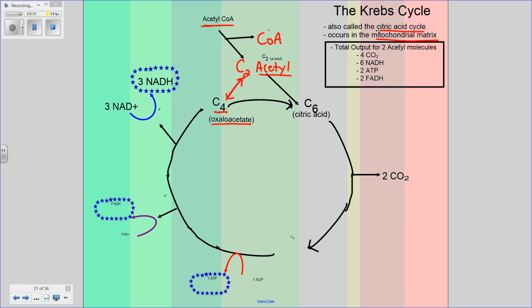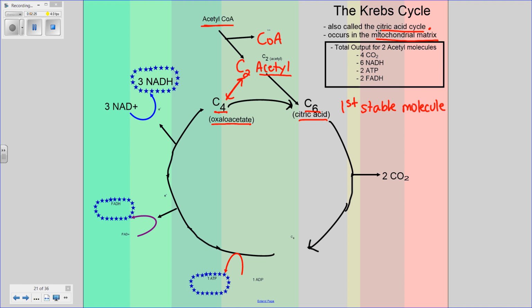Do a little math here. 4 carbons plus 2 carbons. That means we're going to end up with a molecule that has 6 carbons. It's called citric acid, and that's why sometimes it's called the citric acid cycle. Now, ladies and gentlemen, citric acid is the stable molecule of this process, which is why it's named that. So we're going to run C6 citric acid through this Krebs cycle, again, with the whole goal of trying to